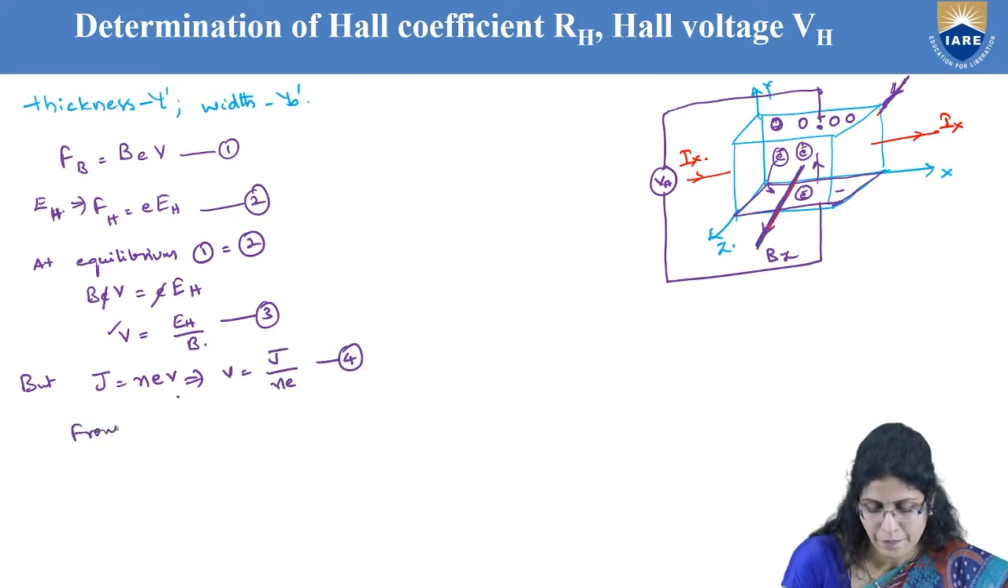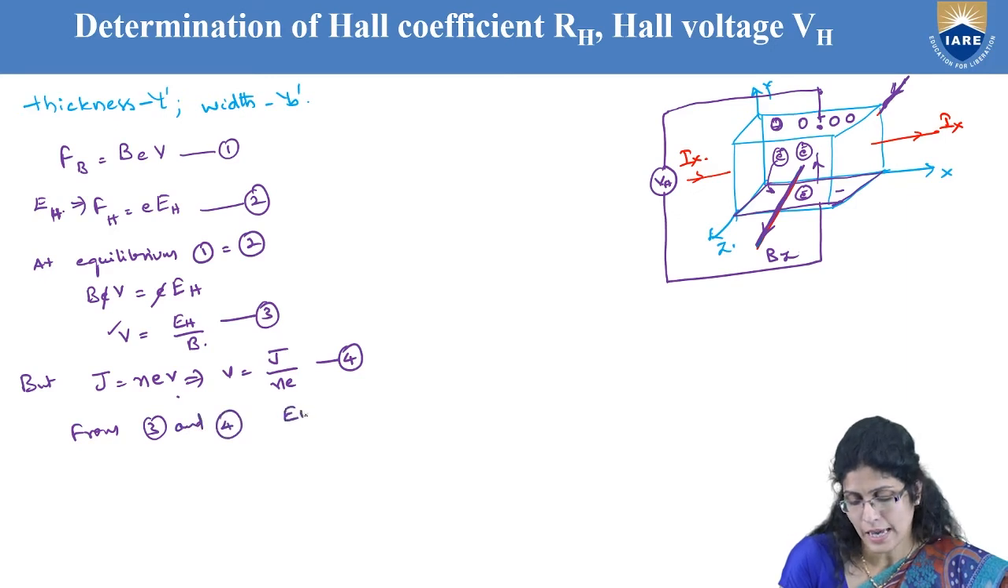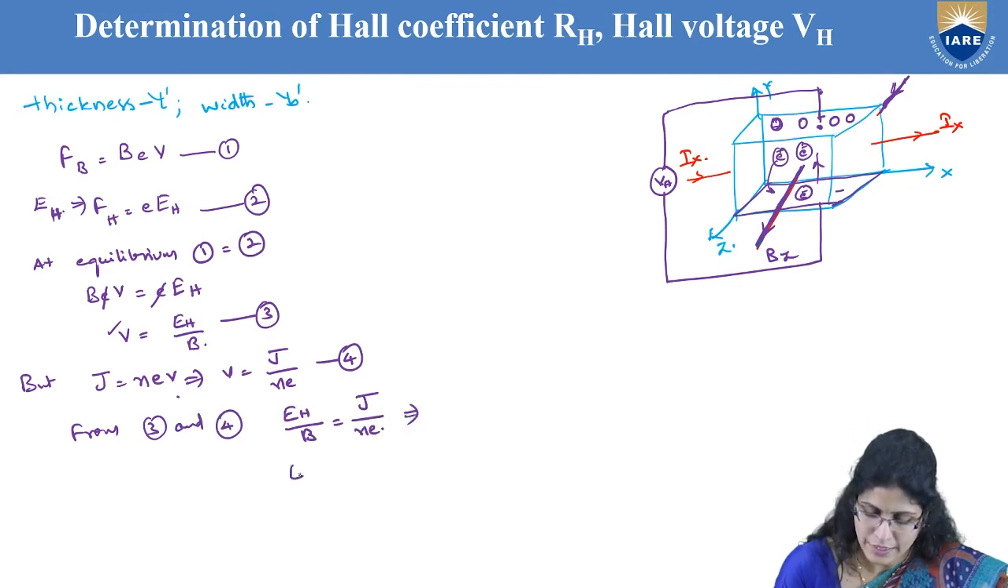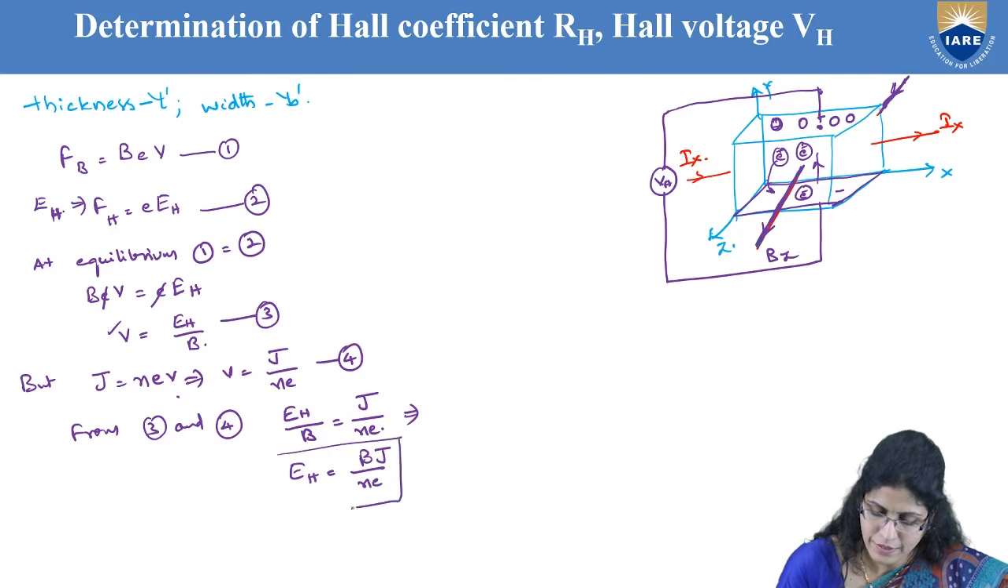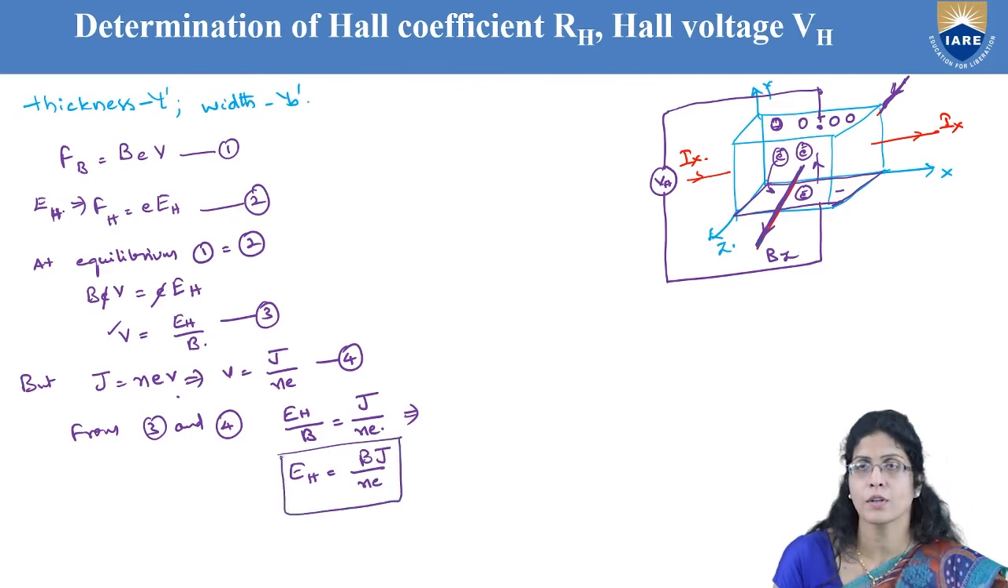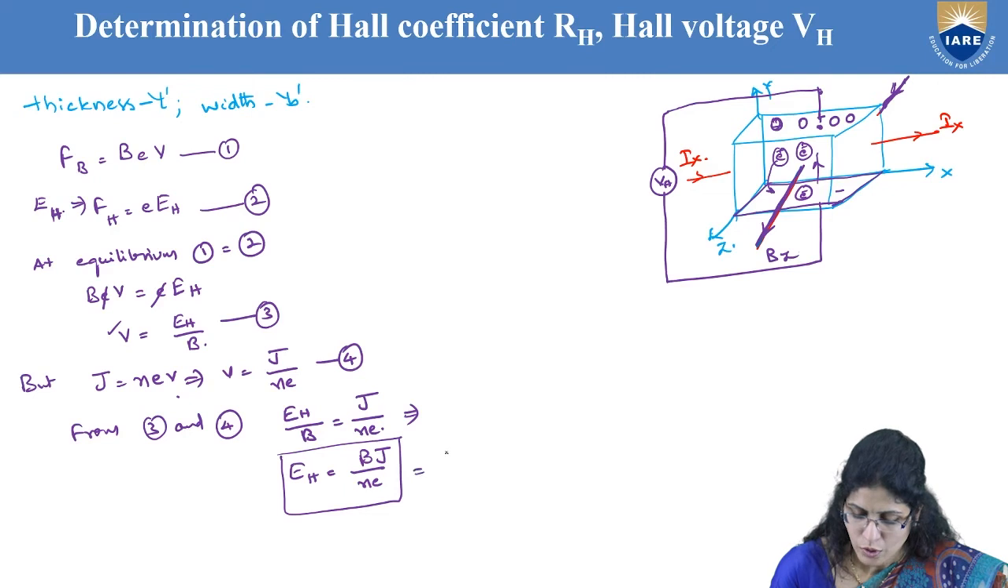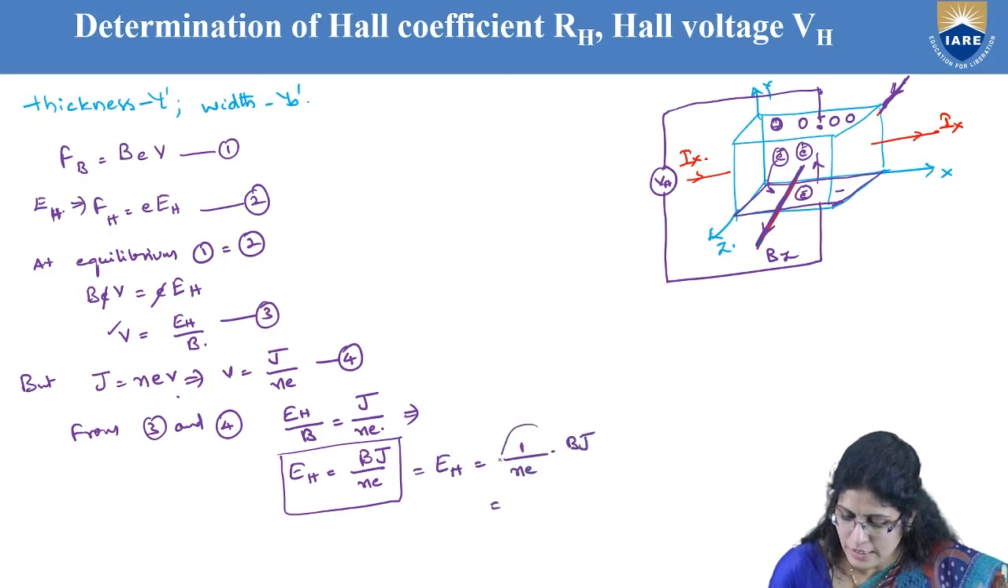So from 3 and 4, what can you write? EH by B is equal to J by Ne. From this you can write EH is equal to 1 by Ne times BJ. So EH is equal to BJ by Ne. You can write this as EH equal to 1 by Ne into BJ, where the factor 1 by Ne can be written as RH,